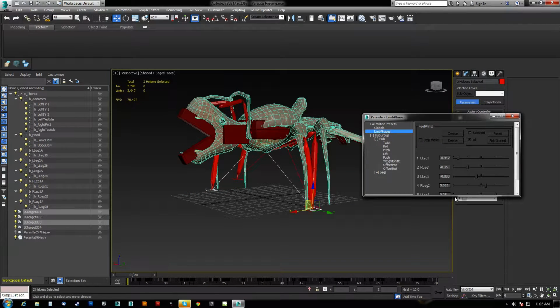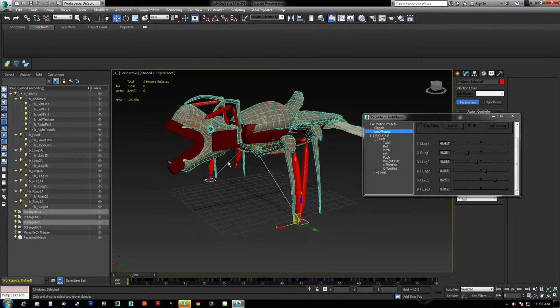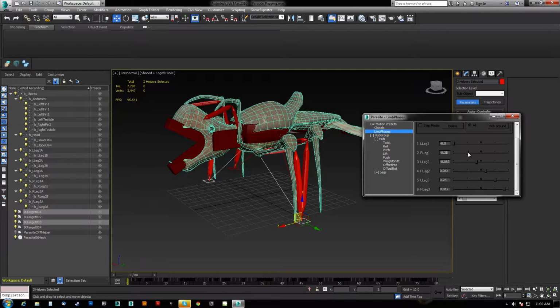So we have left leg 1. Unfortunately, we can't drag this thing down, which is really such a simple thing to add. What we want to do is set the first leg to be on the start of the phase, and we want the second leg to be opposite that, so we need that to be in the middle of the phase. 0. And now if we look,